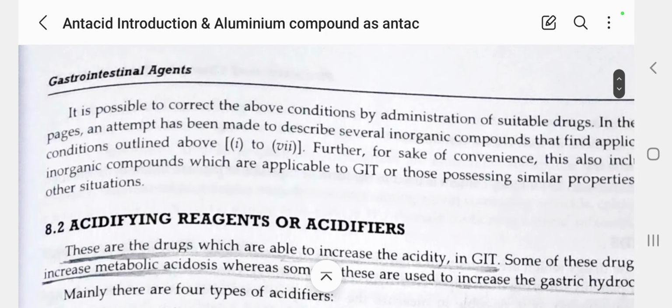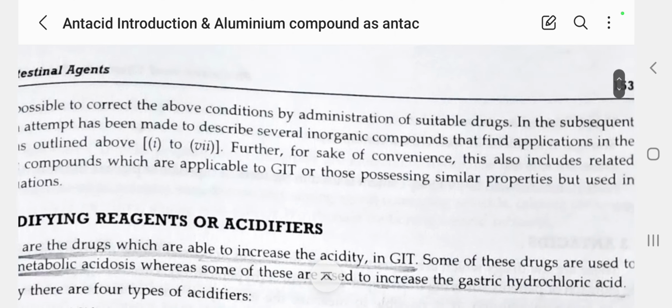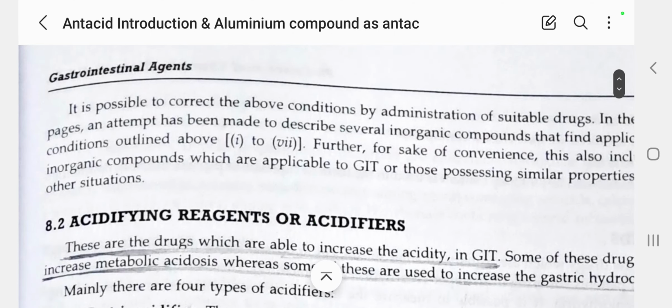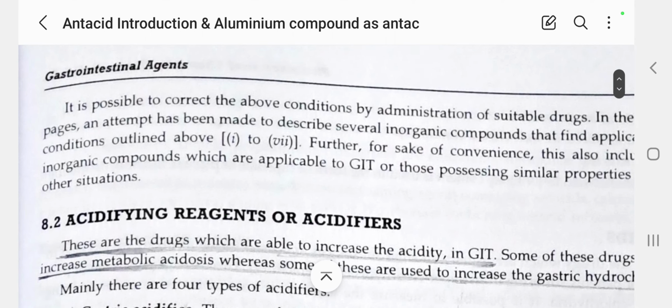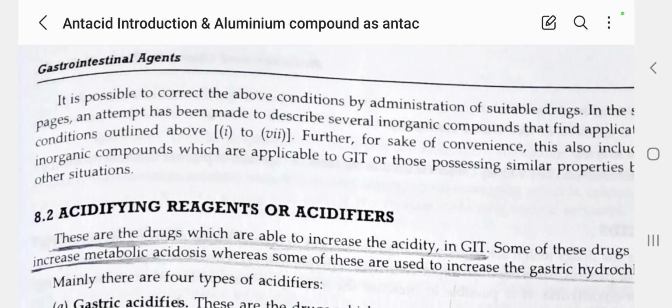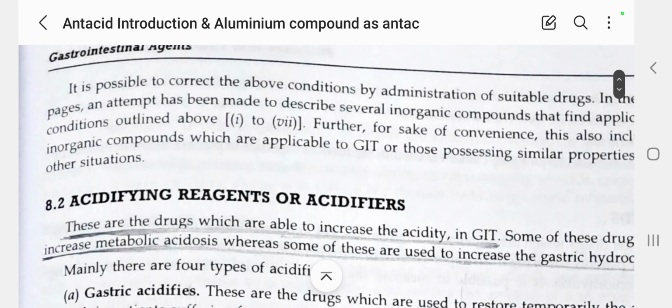In subsequent pages, an attempt has been made to describe several inorganic compounds that find application in these conditions. The first one is related to inorganic compounds used to solve that problem,